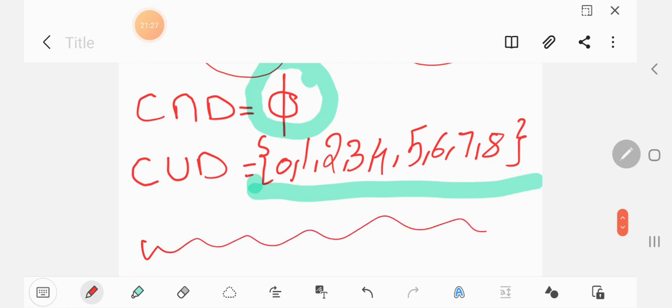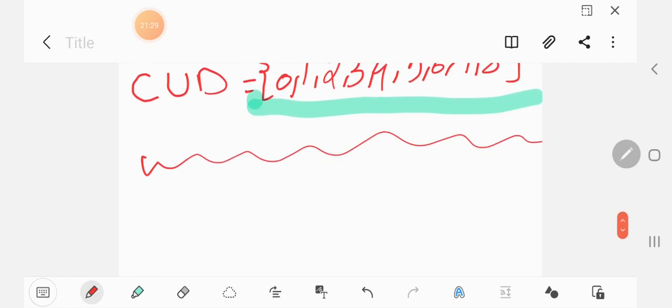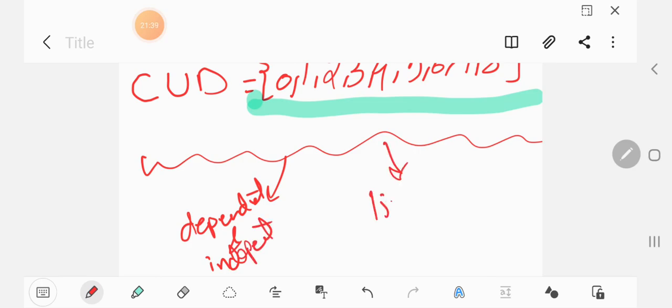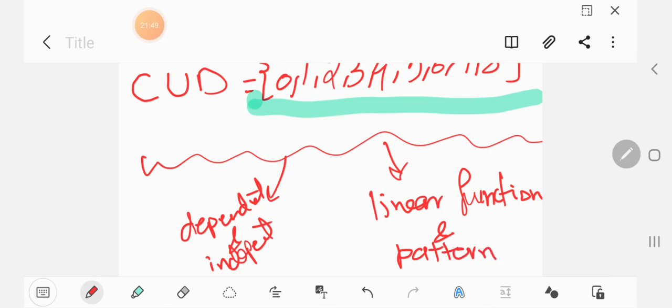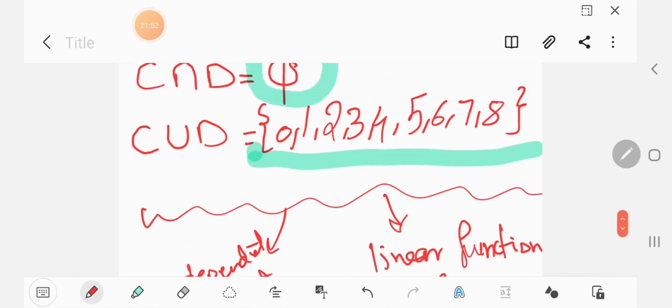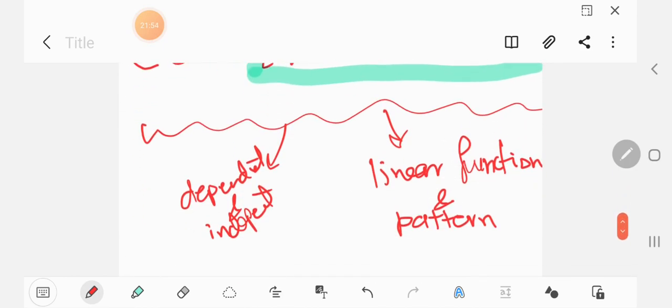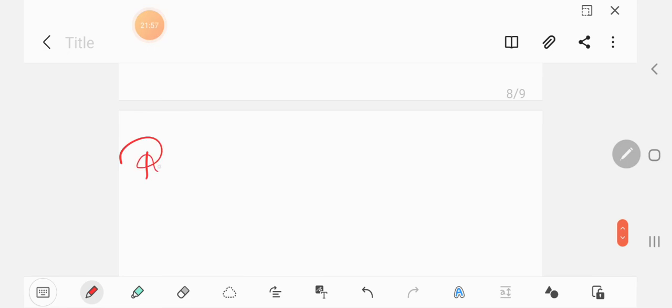Now we did finish our first revision session. Next session will be about the dependent and independent and linear function with pattern. Okay? See you soon inshallah. Try to revise all of this and solve your revision sheet. You will find your revision sheet uploaded in the assignment